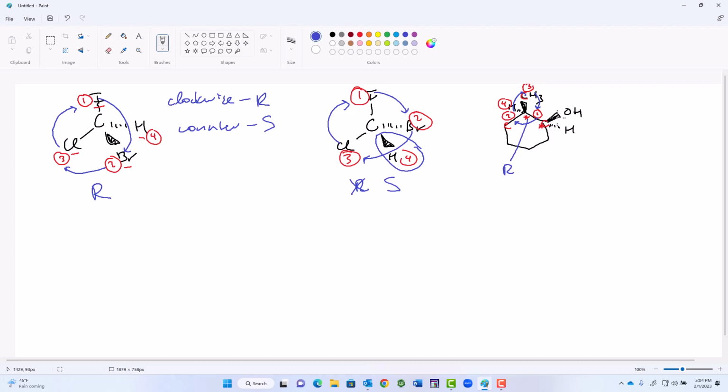We would also see that this center, if you practice this and try it for yourself, you would see that this would be priority number 1. I'll do this in red. So this OH would be priority number 1, this branch would be priority number 2, this branch would be priority number 3, hydrogen would be 4. So if we go around from 1 to 2 to 3, you have 1 to 2, 2 to 3, 3 to 1. This would be counterclockwise, so that would be an S center. So we have an R and an S center mixed into this